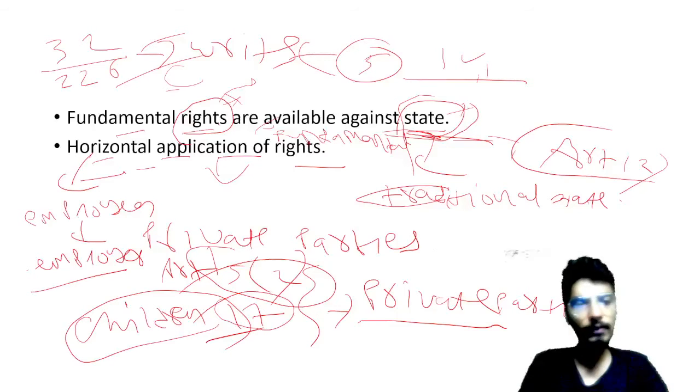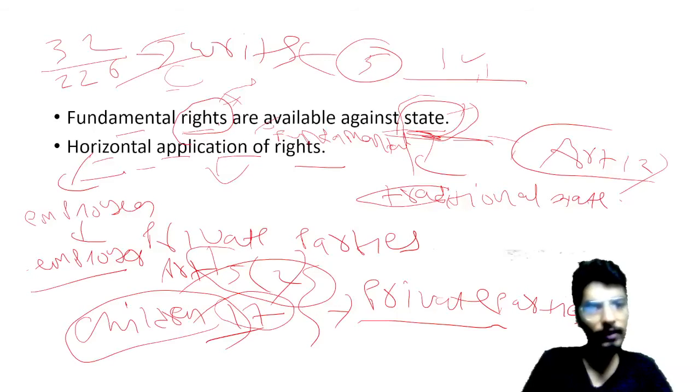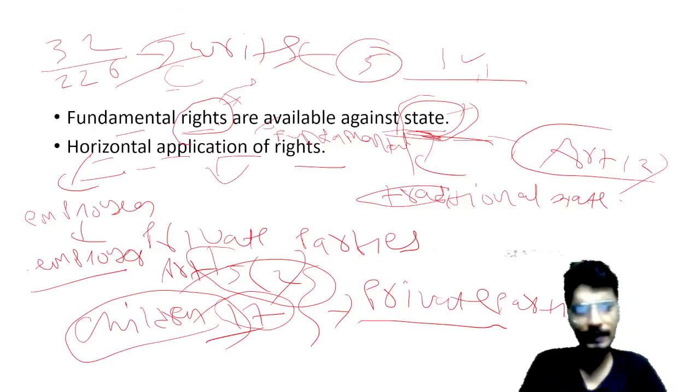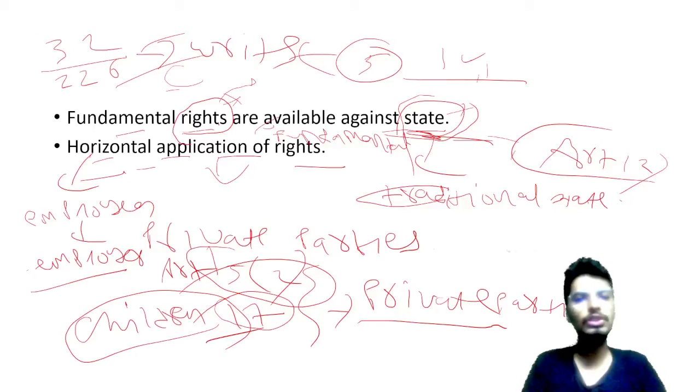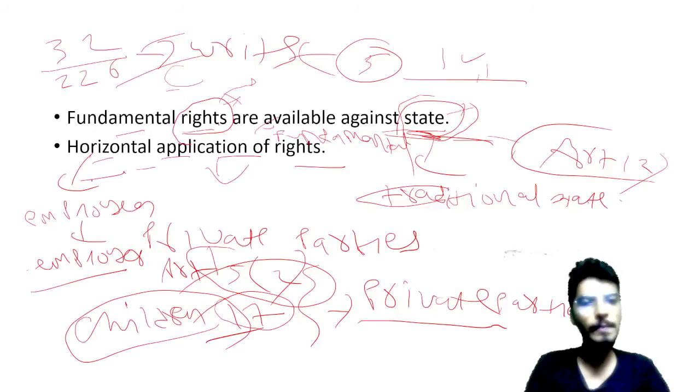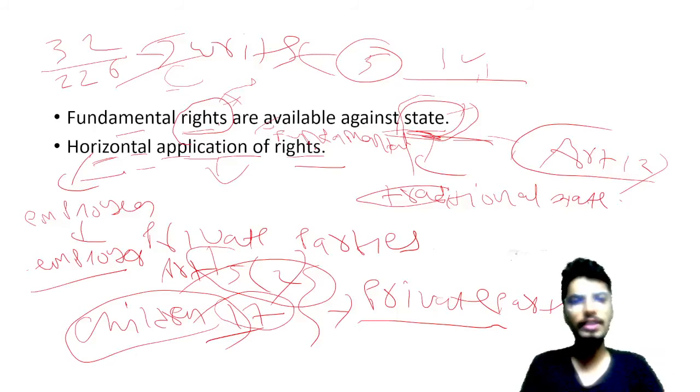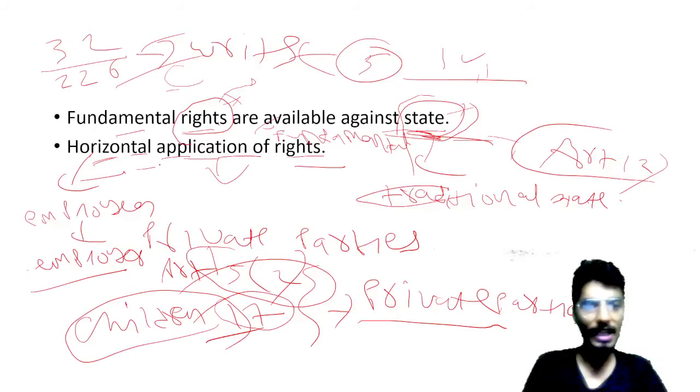Today in any country you go, in each and every country you will find, like there are certain countries where a state is controlling everything. There are exceptions, but more or less you will find those liberal democracies, the capitalist economy जहाँ पे है, वहाँ पे बहुत से functions जो हैं वो private individuals, corporations and parties करते हैं। तो इसलिए ये आइडिया ऑफ हॉरिजॉन्टल एप्लीकेशन ऑफ राइट्स आया है। ये बहुत सी कंट्रीज के अंदर पॉपुलर हुआ है और even in India our constitutional court, Supreme Court ने हॉरिजॉन्टल एप्लीकेशन अप्लाई किया है। ये डायरेक्टली भी हो सकता है और इनडायरेक्टली भी हो सकता है।